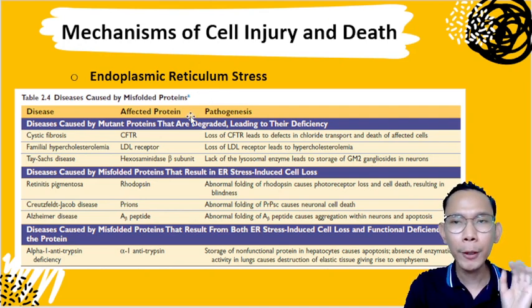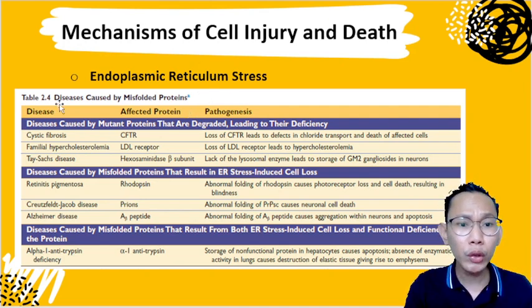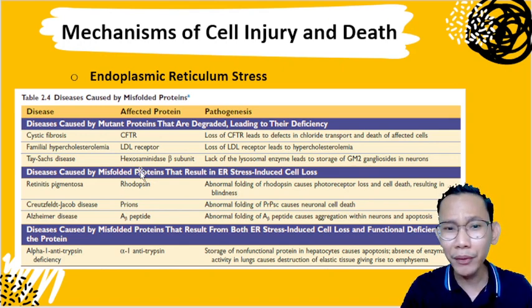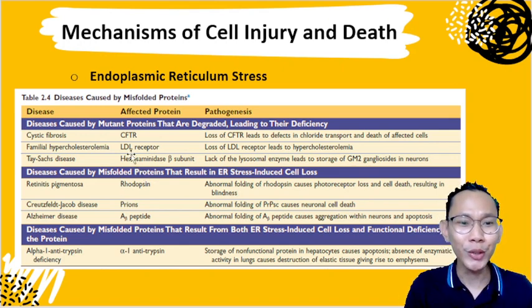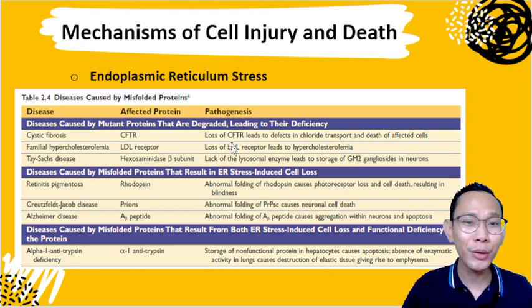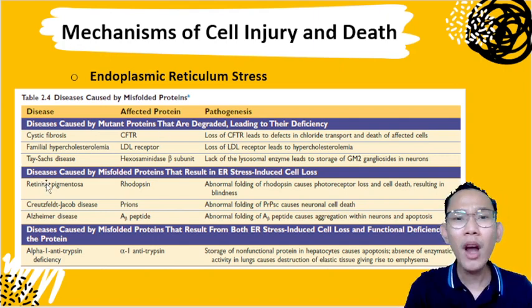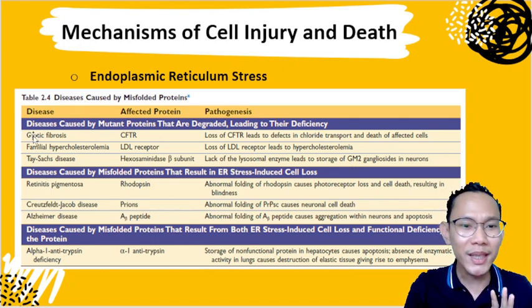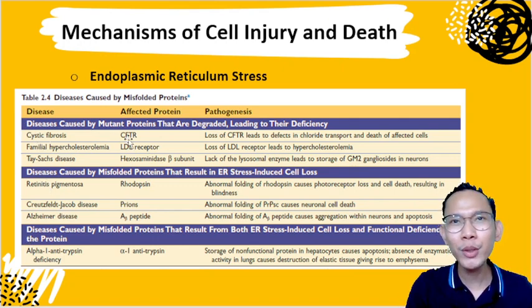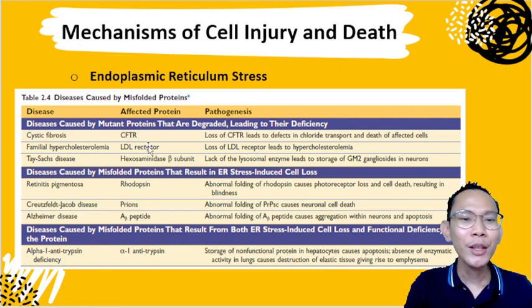So, for the quiz, I don't want you to memorize this. Of course, it's gonna be unfair on your part because all you have to do is just memorize this one, then check the affected protein and the pathogenesis. No, I don't want that because it's unfair on your part na you're just simply memorizing without understanding the disease itself. And because our main goal here is not to discuss each of these diseases. Hirap kasi pag you just simply cystic fibrosis, CFTR, and then you don't understand that. So that's gonna be unfair on your part.